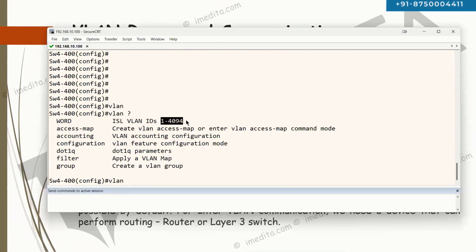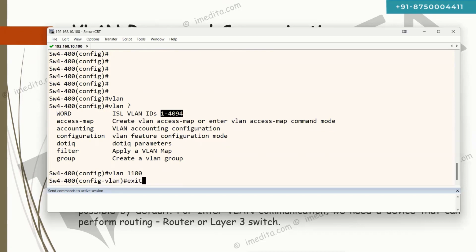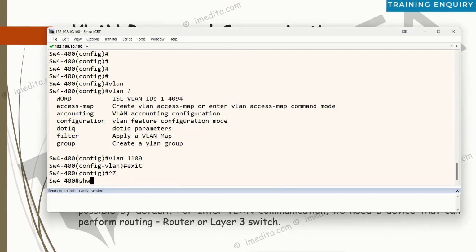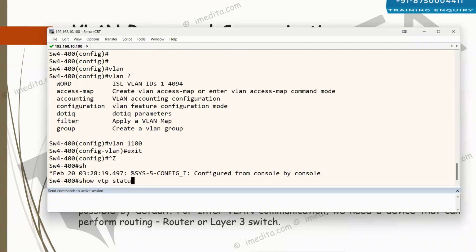I can create VLAN 2, 3, 4, I can do that. But will we be able to create the extended range VLAN such as 1100 or not? This is dependent on the configurations of a protocol called VTP. VTP stands for VLAN Trunking Protocol, right? So if I use the command show vtp status,